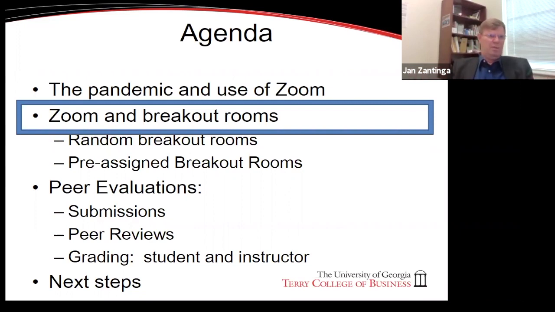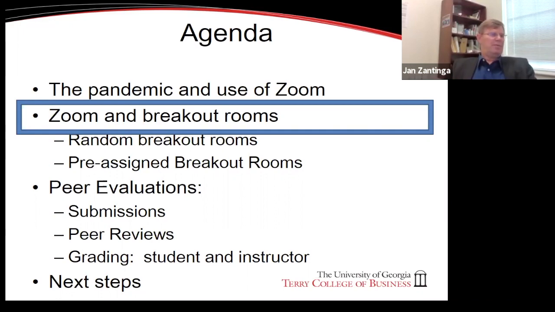I want this to be a serious part of a course that I'm teaching, which means that I'm going to be grading the students on how they did on the presentation. And I also want to be grading the students on how they did on the peer review. So I want to do both. And the question then is, how do I make that happen?